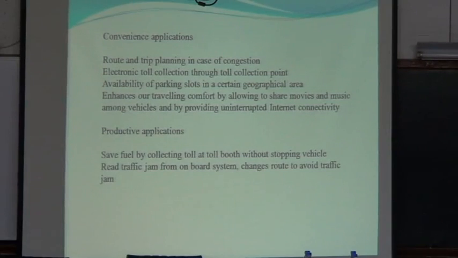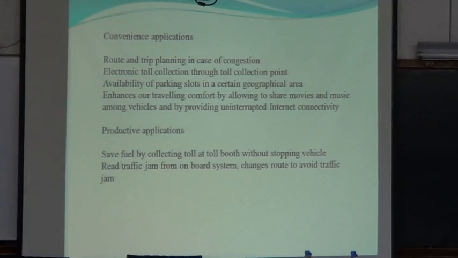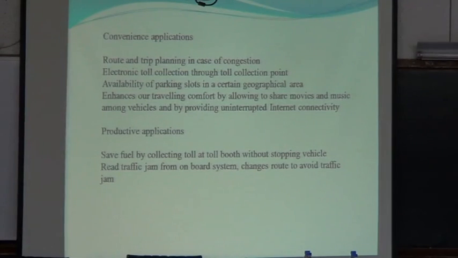A vehicle detects that a traffic jam or an accident occurs in a lane from its onboard unit, then that vehicle gets an opportunity to select an alternate path. So definitely it is a convenience for that vehicle. Here it saves fuel, it saves time, and it enhances our traveling comfort, and it enhances our driving